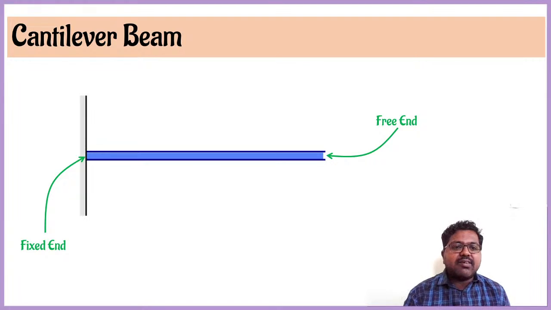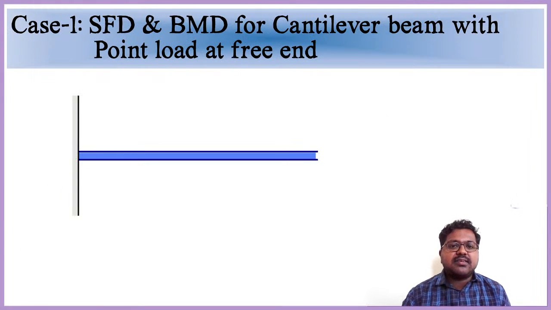So on this cantilever beam, when we are loading with external loads or external forces, then how this beam is reacting and how we are going to draw the shear force and bending moment diagrams. So first I am having case 1, that is